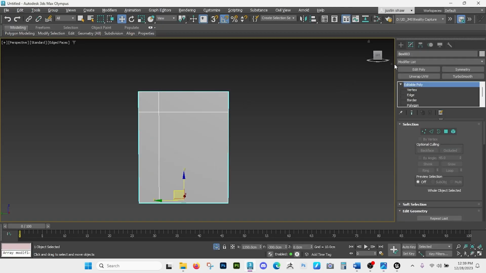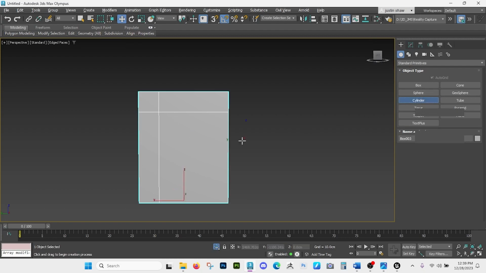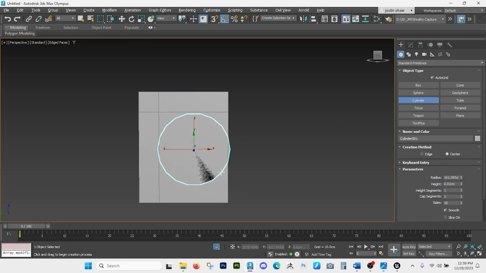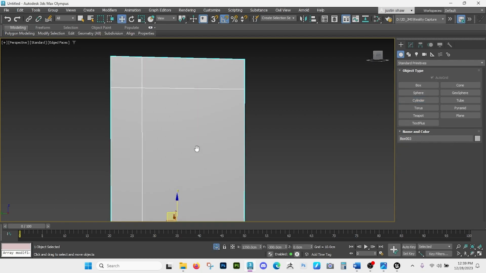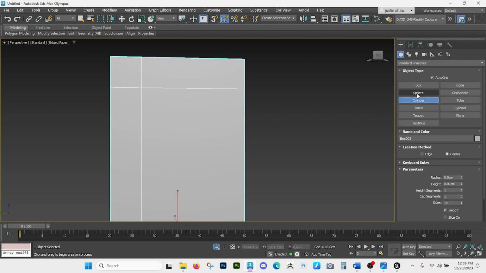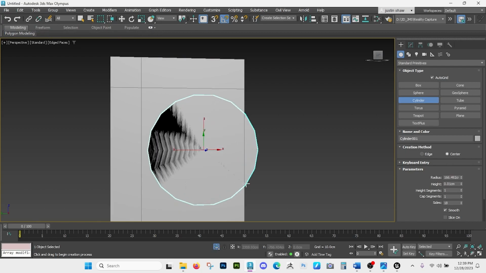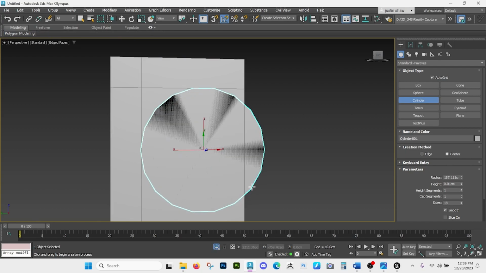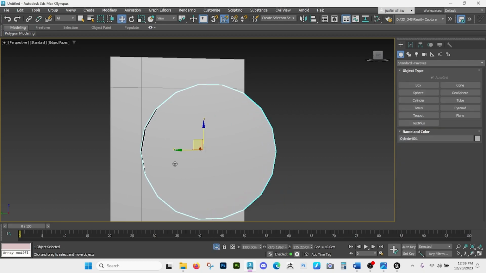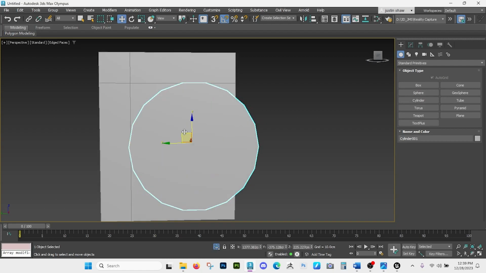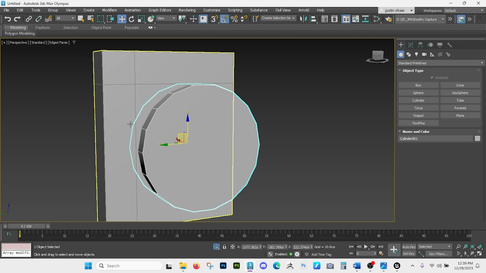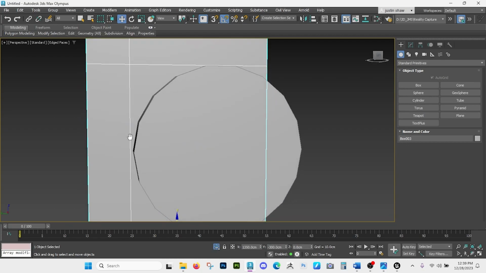So I'm going to grab this and I'm going to add a cylinder. So I'm going to go cylinder. I'm going to say something like that. And auto grid on so I can make it the right size. Let's push it into the object a little bit. Something like that. Go back to this object, and I'm just going to press 1 to get back into